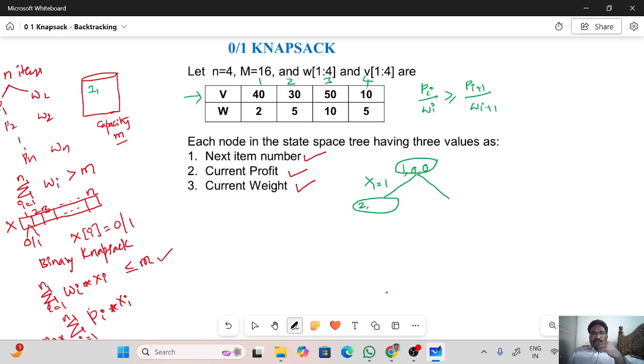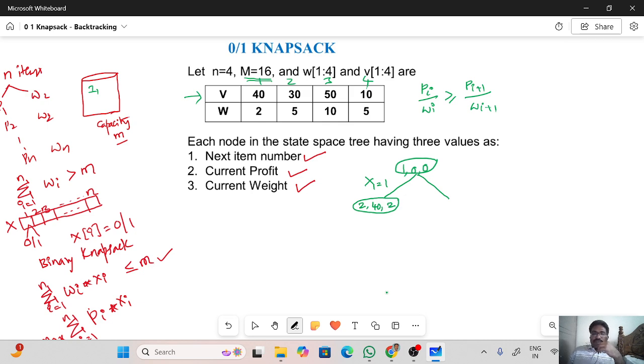What is the profit we are getting? 40. So we are getting 40. When I place item 1, what is the knapsack weight as of now? Item 1 weight only. What is item 1 weight? 2. So when I created that node, I must check what is the knapsack capacity. What is the knapsack capacity? 16. So what is the weight we are getting as of now? 2. So if the node weight